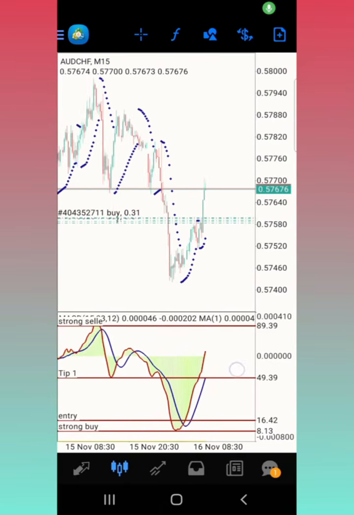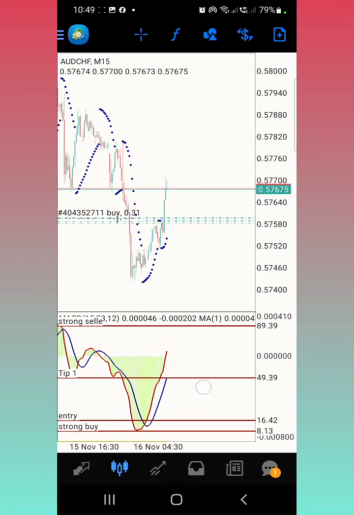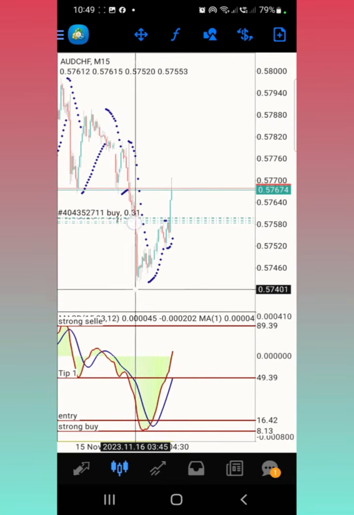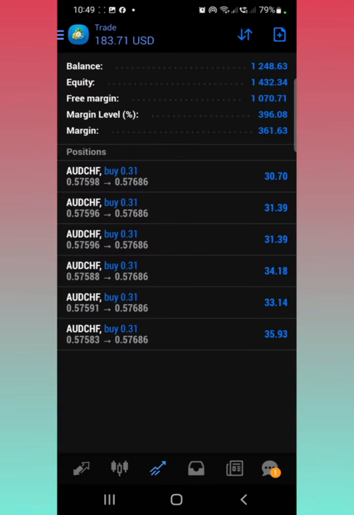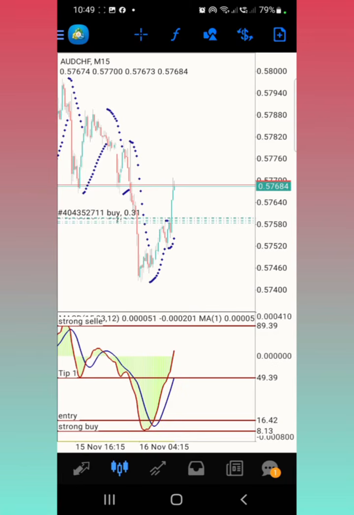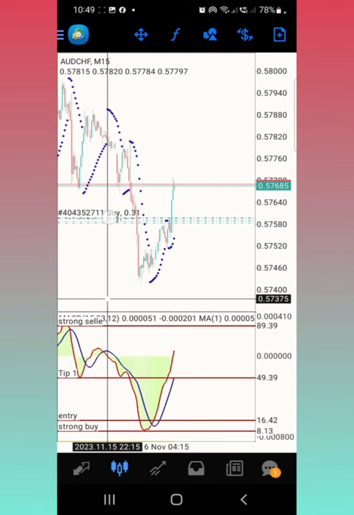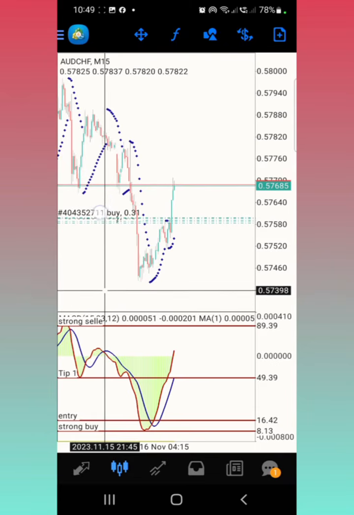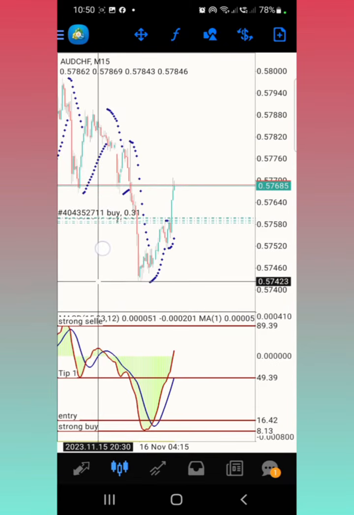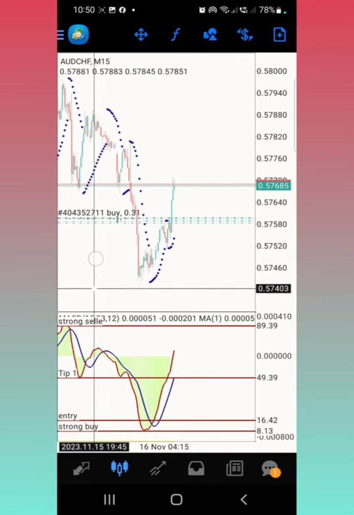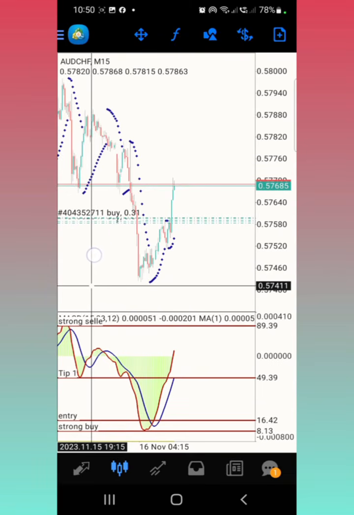What's going on guys? So guys, as you can see, as I said, we're already in a profit. Look at this, we're already in a profit, as I said. So guys, you can trust this strategy right here. I had put the stop loss somewhere far away, but I'm going to shift my stop loss somewhere here. I'm going to put my stop loss right here, which is going to be